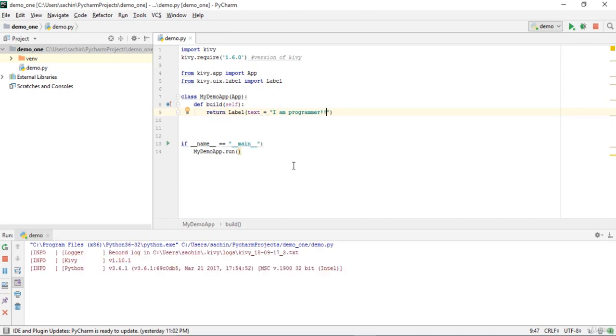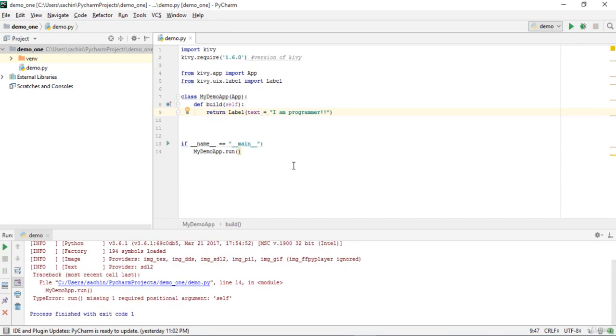Let me run this, and you can see something will pop up. Let's give it some time, and it is saying run is missing a parameter here. This is because we have to call it like this, calling the class and the run method over here.